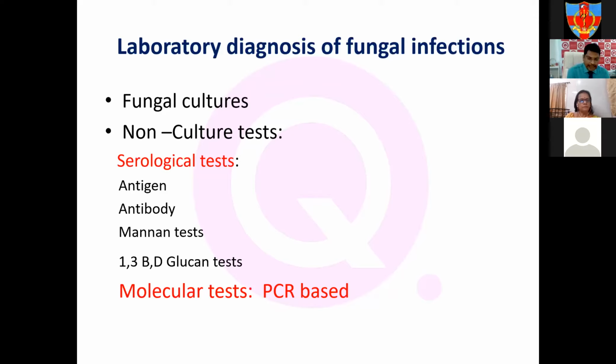So we can detect the earlier signs of infection with the fungus in the blood by different modalities, identifying different constituents of this fungus. You can either identify them as an antigen, which can be a component of the cell wall of the fungus, like mannans and galactomannans, or you can see whether the patient infected with the fungus has already developed an antibody to it. As I told, Mannan tests are the ones. Mannans are molecular moieties which are present on the cell surface of the fungi.